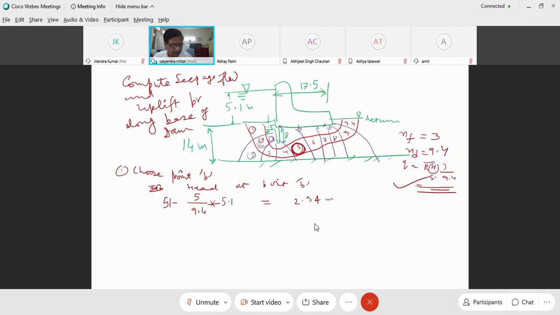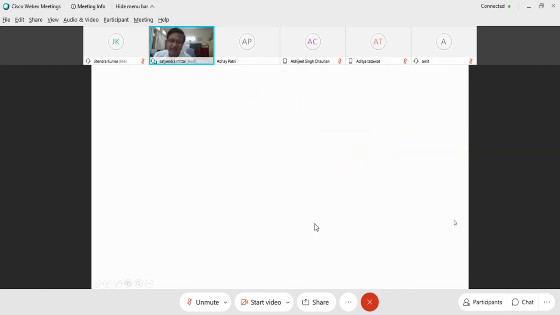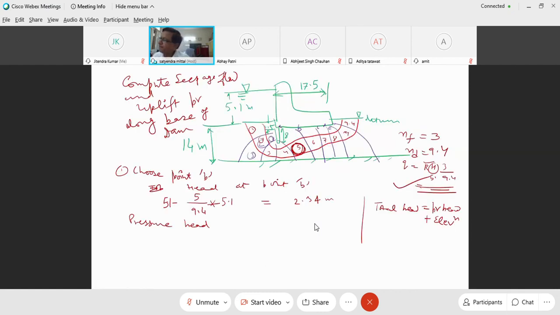Now, what will be the pressure head? I had told you that total head is equal to pressure head plus elevation head. So pressure head will be total head minus elevation head. So total head is 2.34